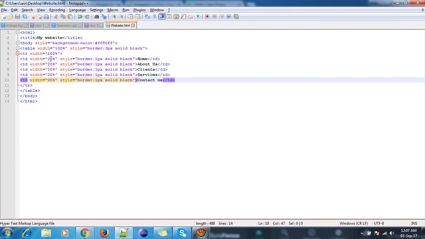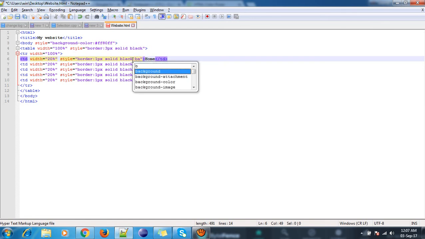So I can give background color. Background color is what color? Let me give yellow. Okay, let's see how it looks.